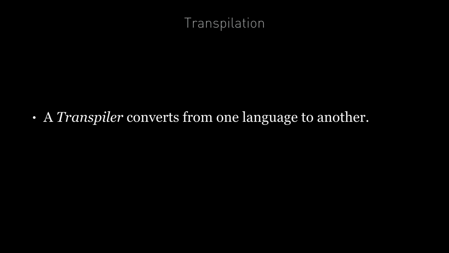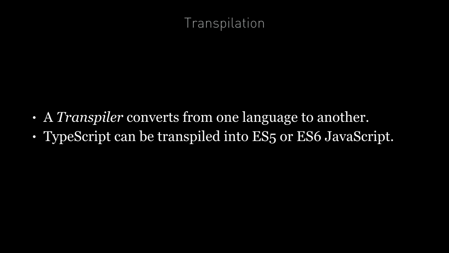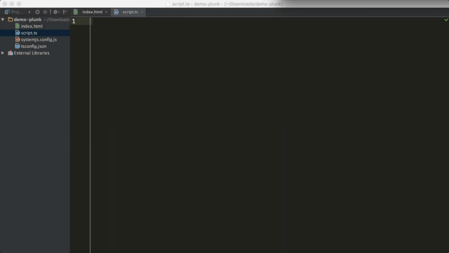So how can we actually write our code in TypeScript? We use something called a transpiler. A transpiler converts from one language to another. So we can write in TypeScript and have a transpiler convert our TypeScript to ES6 or ES5 version of JavaScript. And since most browsers don't support all the features of ES6 yet, we are going to transpile our TypeScript into ES5. Now later on in the course, I'm going to show you how to transpile TypeScript into JavaScript locally on